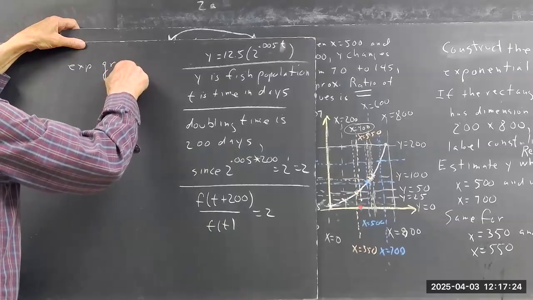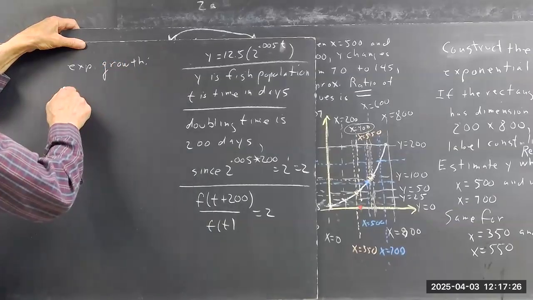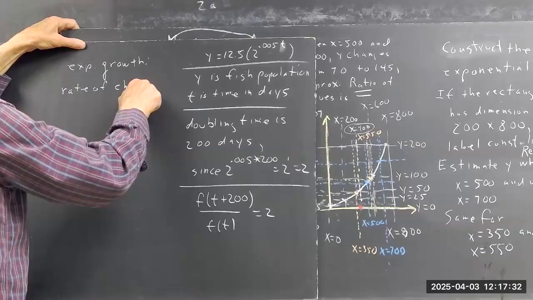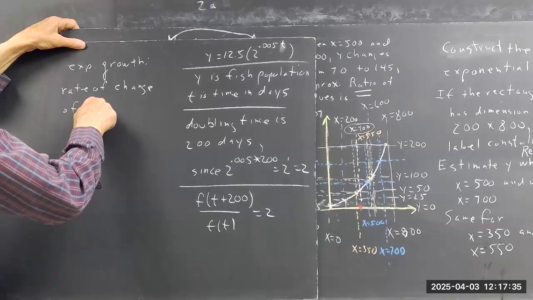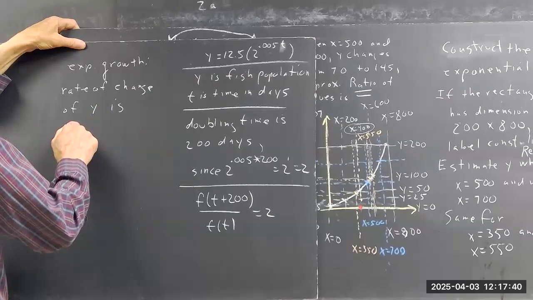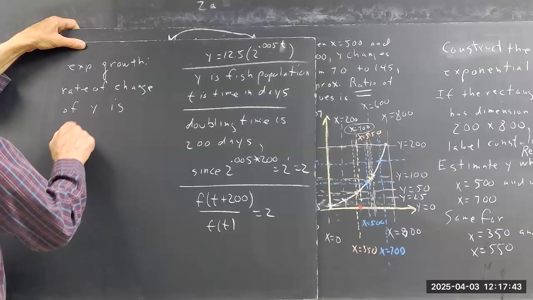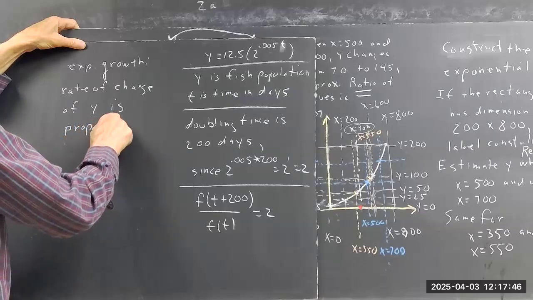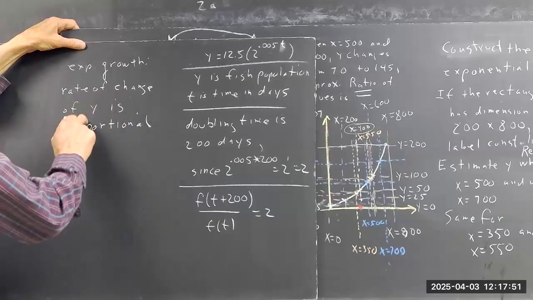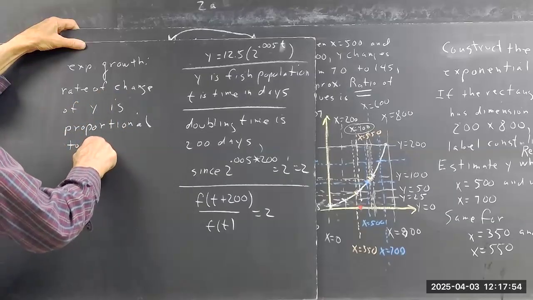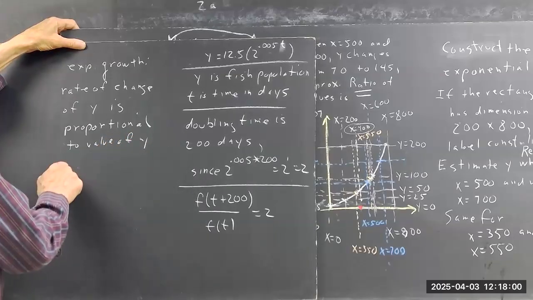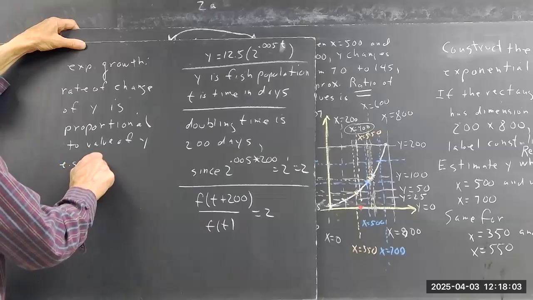Exponential growth. The rate of change of y is proportional to the value of y. Example,